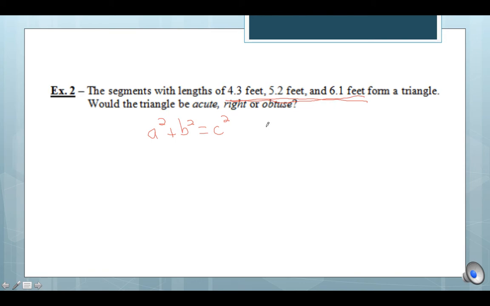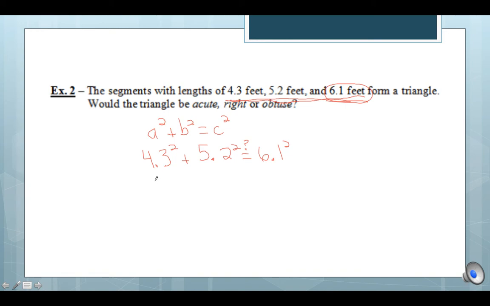One thing to be cautious of is what belongs in the c. The c has to be the longest side, so I'm going to use that as the 6.1 feet. So a is 4.3 squared, b is 5.2 squared, and that equals 6.1 squared. Our job is to decide if that really is indeed equal. Well, when we simplify, we have